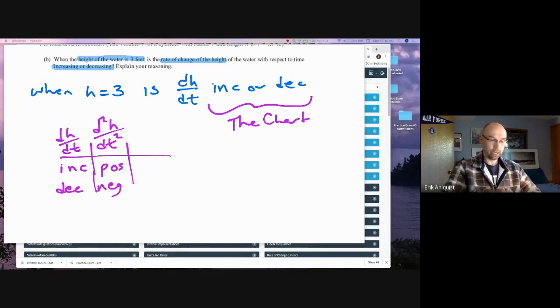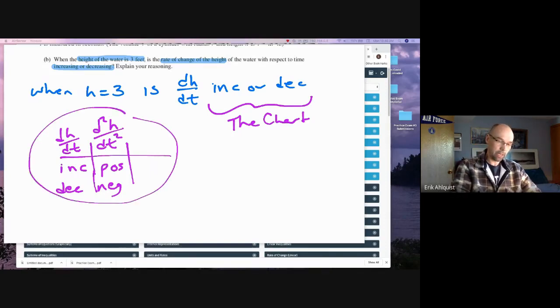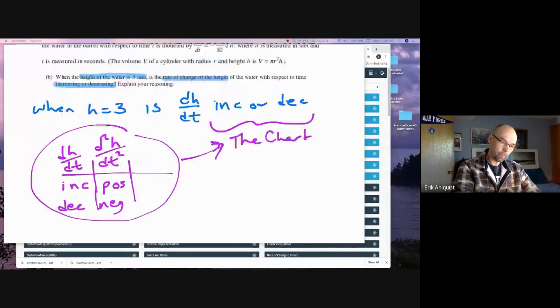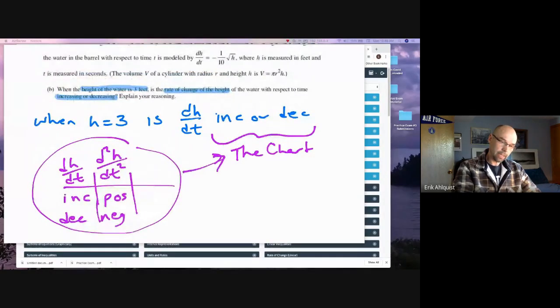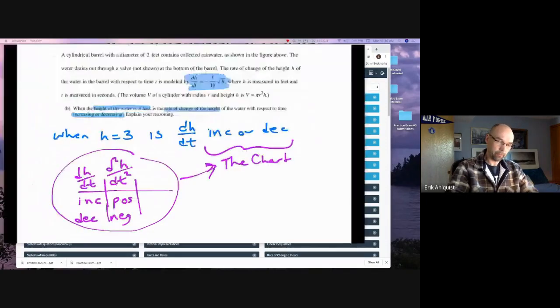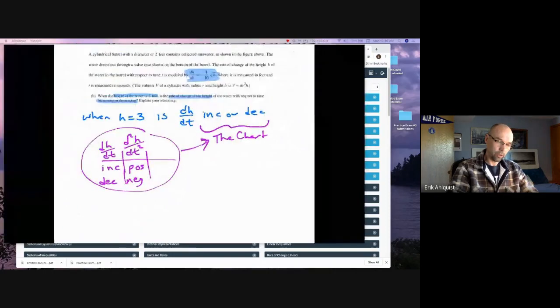So it's kind of taking this idea behind the chart and adapting it, and then we're going to use that for our reasoning in the result. So we go back up, and in this problem, we're given that dh/dt is that value, so that's what we have to differentiate. So we're going to go over here, and if we need to differentiate that, what we're going to do is